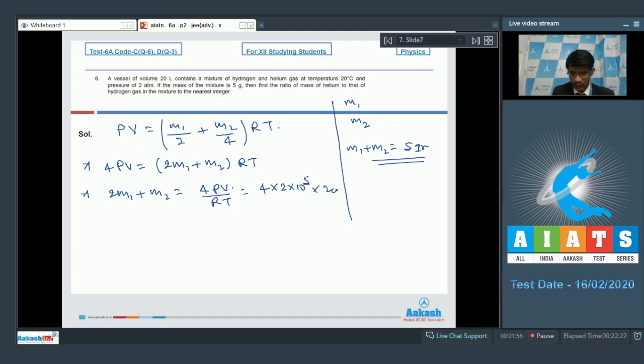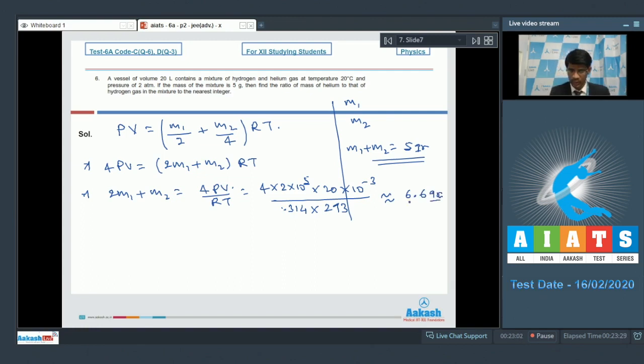Volume to be taken as 20 into 10 to the power minus 3. R to be taken as 8.314, into temperature being how much? It is 273 plus 20, it is 293. Have this calculation. We'll be getting this calculation very close to